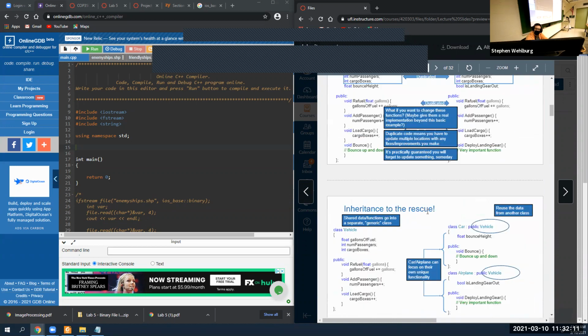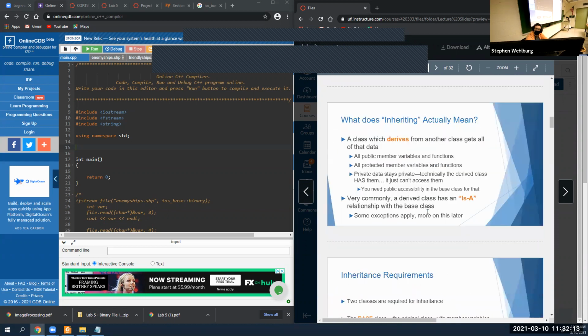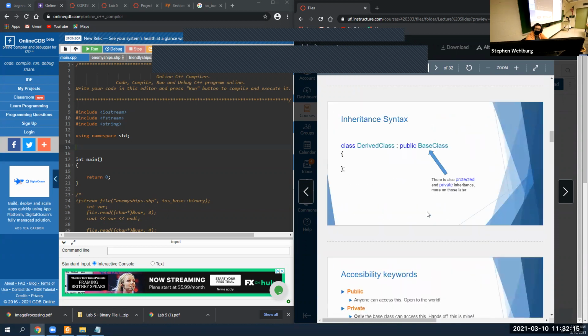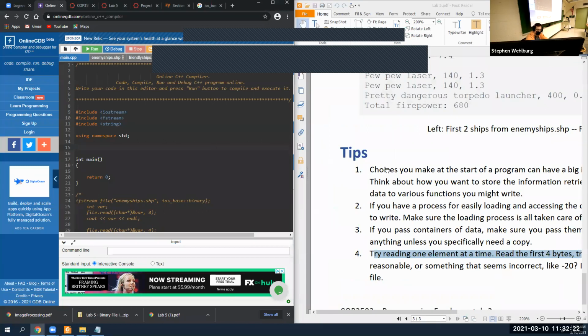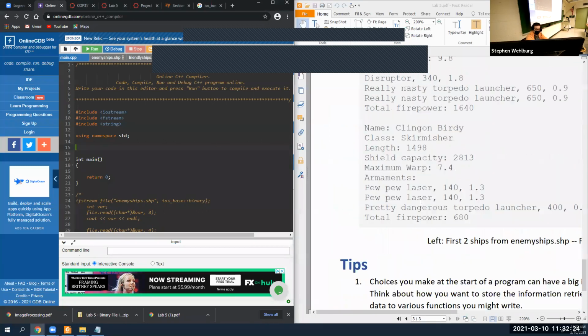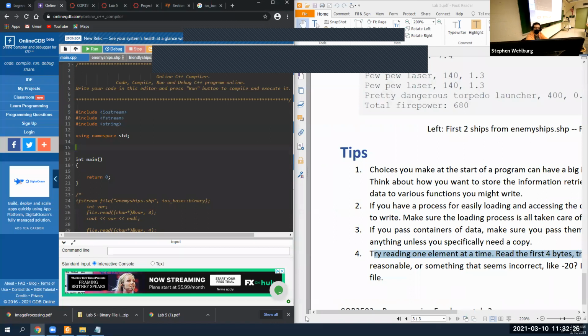I talked about that, duplicate code, inheritance requirements. Oh, it's the big two. Okay, got it. Oh, that's fine. I couldn't access that before. So,